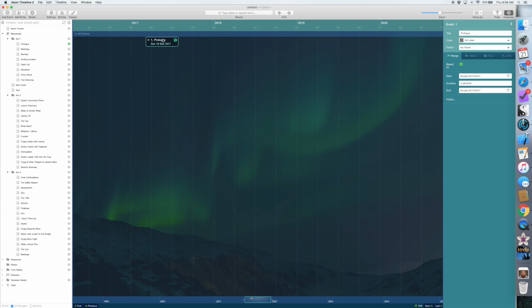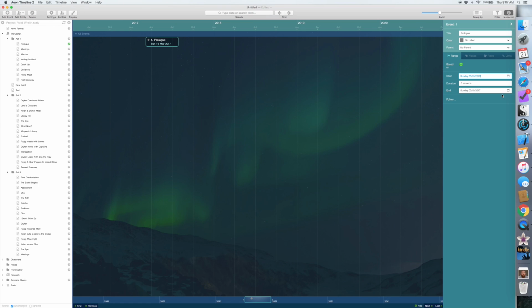As far as creating and managing timeline events, all you have to do is select on an event and you can see a great deal of information about it. So we've got an attention bar here, a location, and the participants. So we can link this to characters if we've created them in Aeon Timeline or in Scrivener. So I'm not going to do that right now, but what I will show you is a quick way to